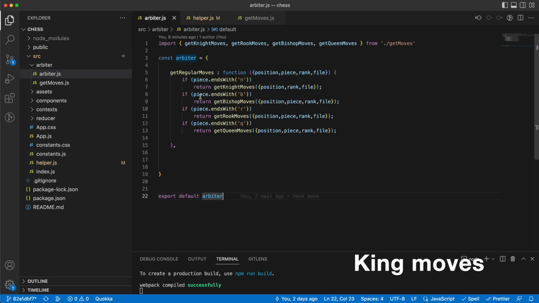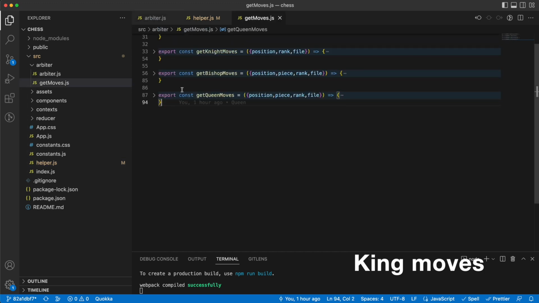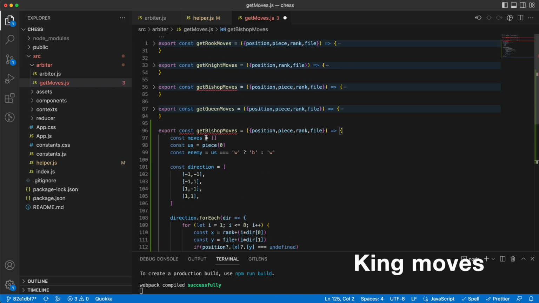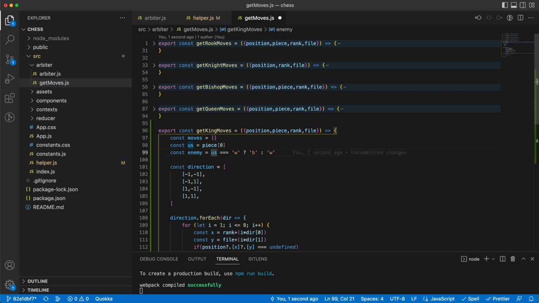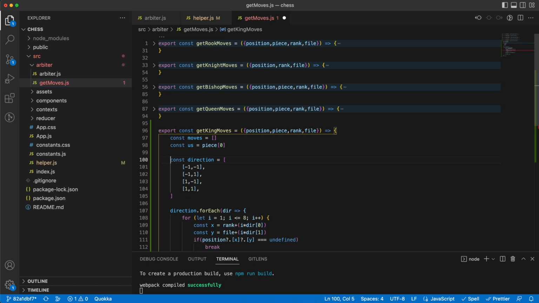I would go here to my get moves. Let's grab, for example, the bishop moves and write something similar. So I would say get king moves. I need to know about the moves, I need to know about the us, but I don't care about the enemy for now. And the directions are